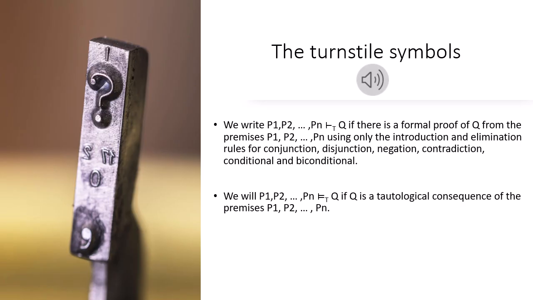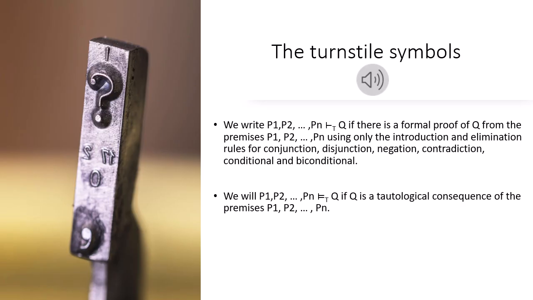And the second is the turnstile symbol with two horizontal bars, which looks almost like an equality sign with a vertical line sitting there on the left. And these will have some nice specific meaning, and it's just going to help us later on avoid writing down sentences over and over again. We'll see this sort of information occurring so often that it's going to be helpful to just abbreviate it